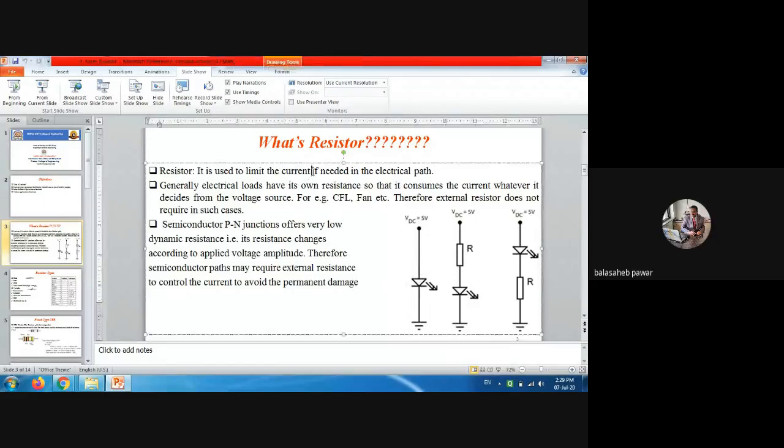Here I mention if needed. It is used to limit the current if needed. If you have a DC source, a weak DC source, weak in terms of what? Current rating. If it is a weak DC source, there is no need to limit it, because the device is capable of handling the short circuit current of that weak DC source. Here we took the example of a series combination of 4 dry cells, and that's why it is mentioned if needed in this electrical part.